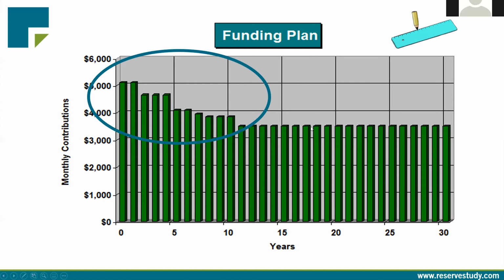But unfortunately, those initial recommended contributions are high enough that the association never quite gets caught up. So again, I want to make this clear for you all, and it's an important concept to understand. This association's catch-up mode. Contributions calculated with the component method will be high for a few years. So again, throughout this whole webinar, if there are any questions or any further clarification, please type it into the text box and we'll be happy to go over that at the end.